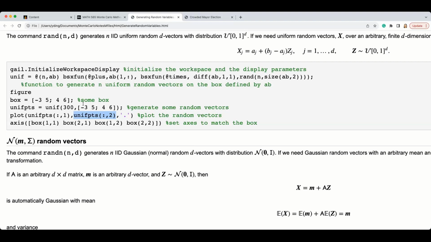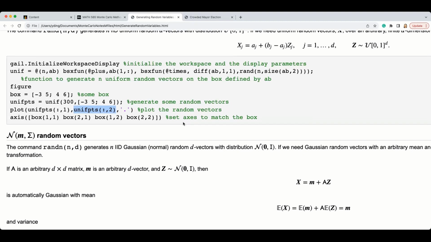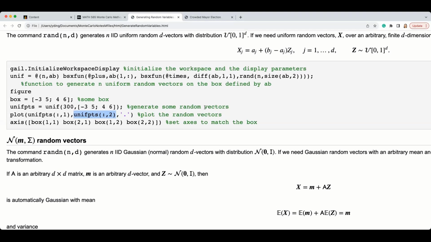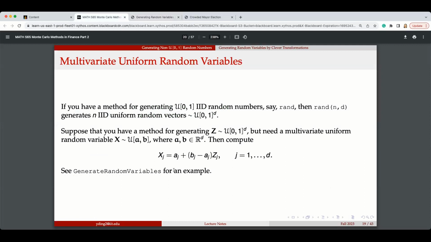Most cases, this is generated by the HTML. Okay, I'll try to figure that out. I don't know why we don't have the plot here. This is trying to show the plots of the random numbers. So when you generate this, of course, you try to plot it to see if it works, to see if it's really satisfied. But you can also check the average, like the mean and the standard deviation, to see if it's the right thing. Okay, this is for the multivariate uniform.